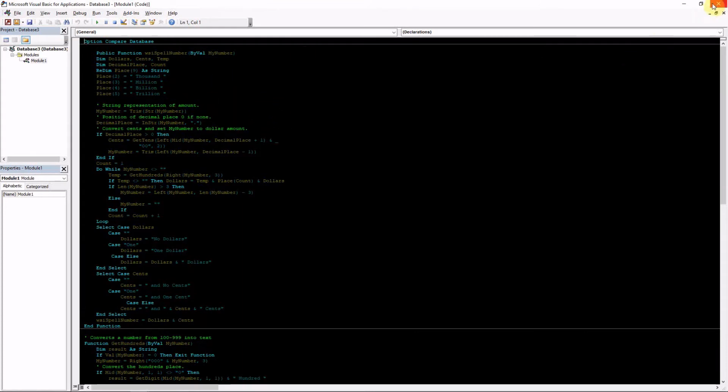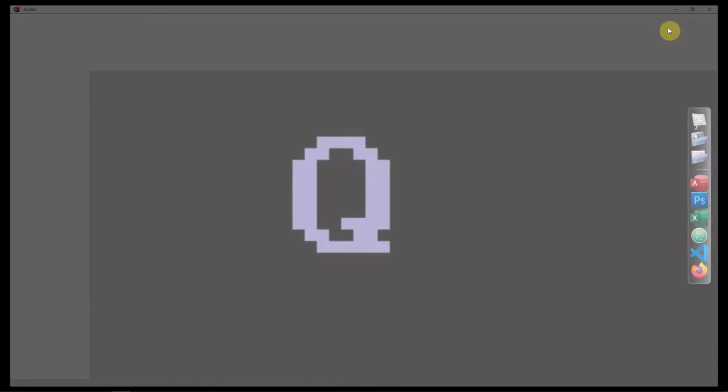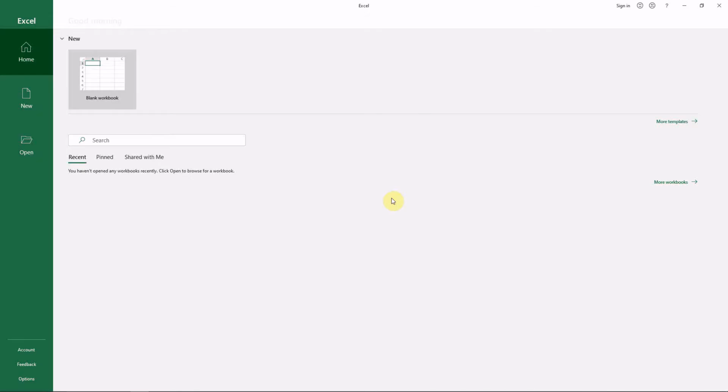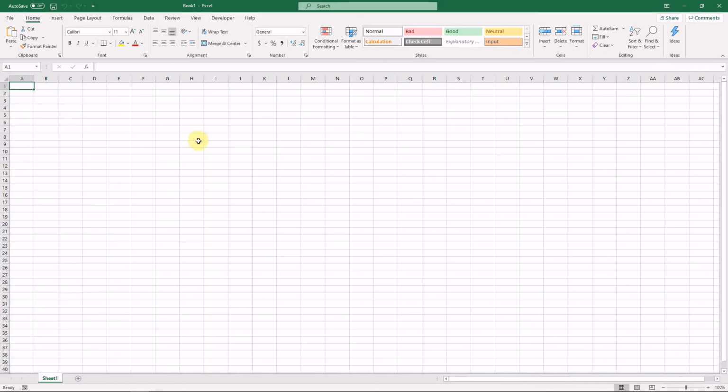And just to show you that it doesn't matter if we did this in Excel instead of Access, it's the same process, and the colors will look the same here. So let me go ahead and close this. I'm going to open up Excel. And now the developer tab is available here because I've already set it up. So if you go to File, Options,